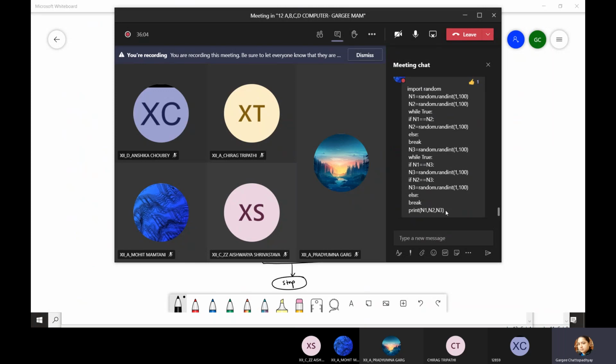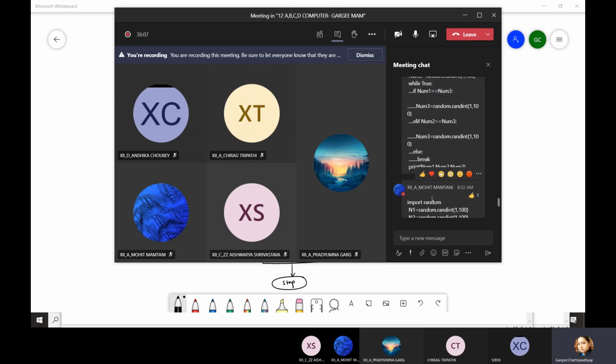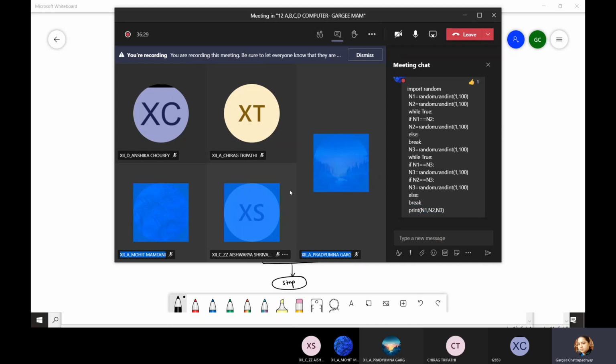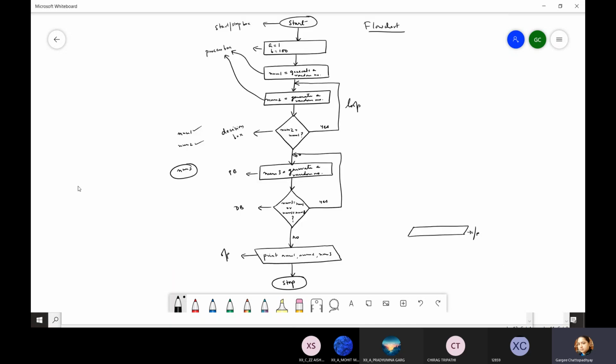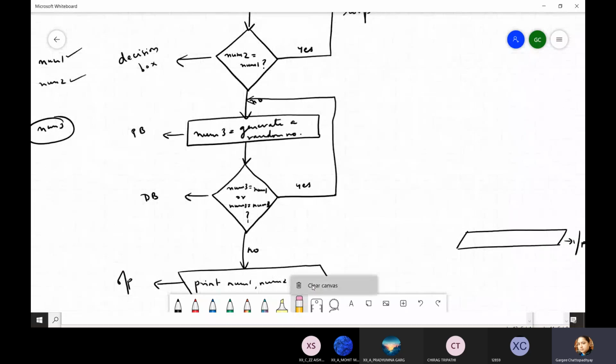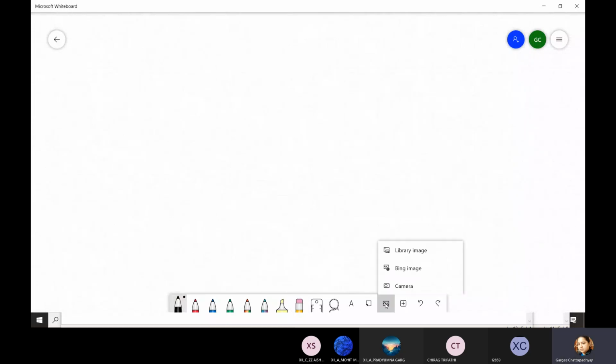But when you are printing the output, Mohit, just a sec. Yes, Mohit and Pradyum, both of you, when you are printing the output, the user will keep wondering what these 3 numbers are. So at least you should give a proper message: the 3 roll numbers generated are. Although I agree that the time was less, so you had to do it. No worries, but whenever you are writing such a program, please provide a proper statement. I hope this program was clear to you, and now you should be able to write programs like these.